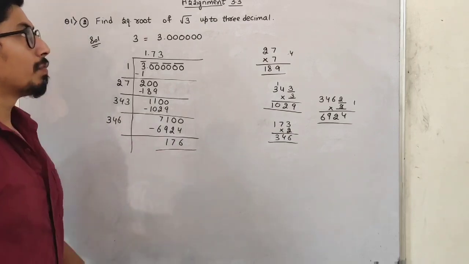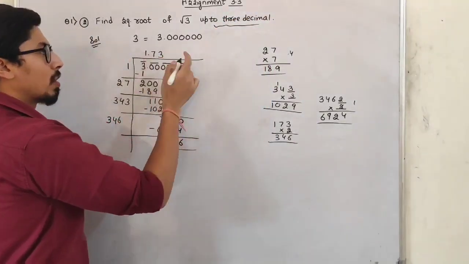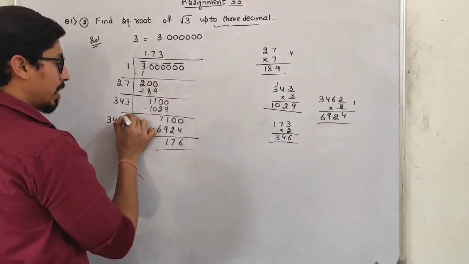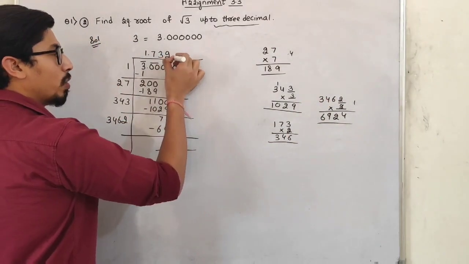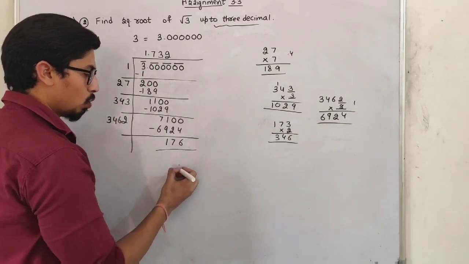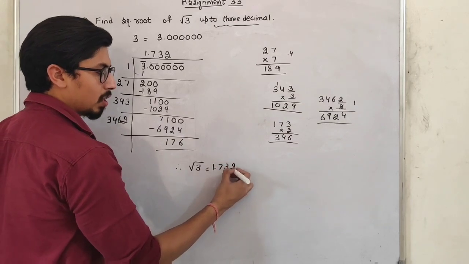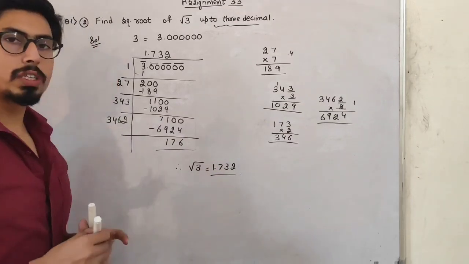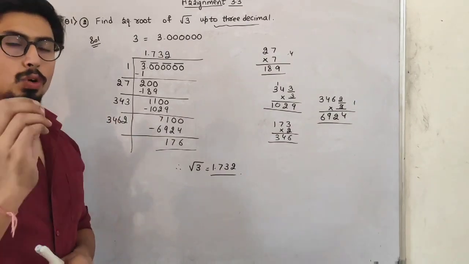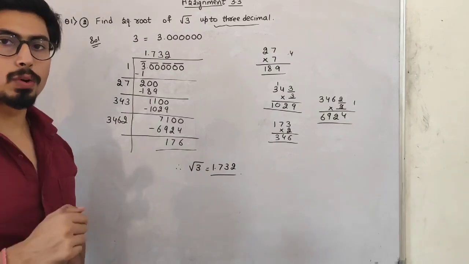See students, we have to find its square roots only up to 3 decimals. We got about 3 decimals. Oh sorry students, we have taken 2 here. So just write 2 here and 2 here. Okay students. So we have got our 3 decimals. So the root of 3 will be 1.732. Okay students. See students, these are some lengthy questions. So just try to do yourself in a rough notebook first. Then try to solve them in your fair notebook.